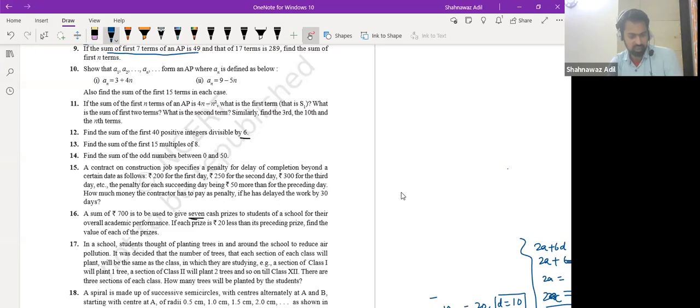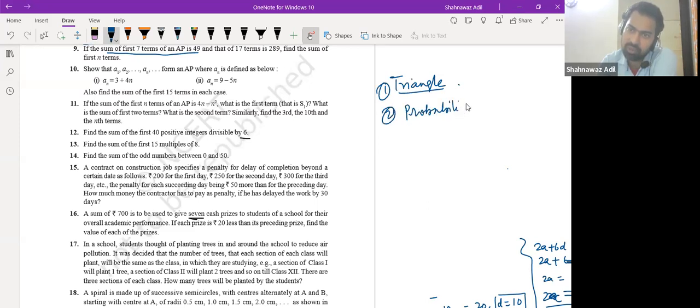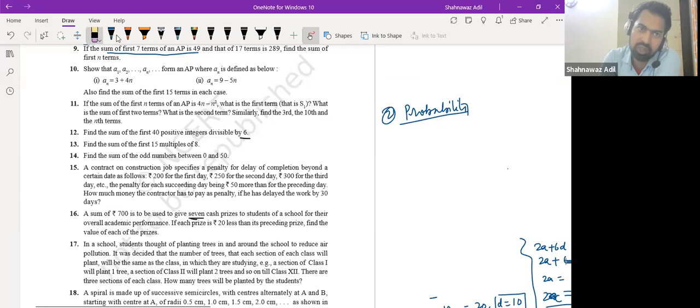Oh, okay. So after this AP, you have this triangle, right? And then you have probability, right? So only two chapters. But I don't have triangles for the half yearly exams. Then we only have probability, right? And AP is also not there. Okay, so then what we can do is that,